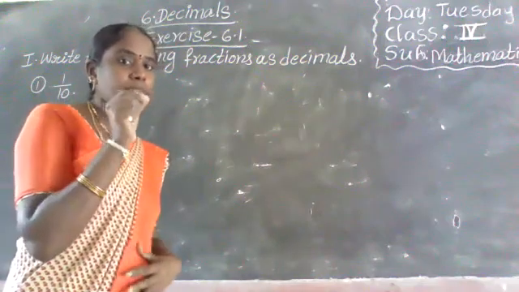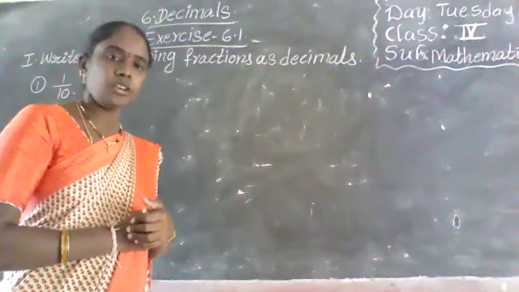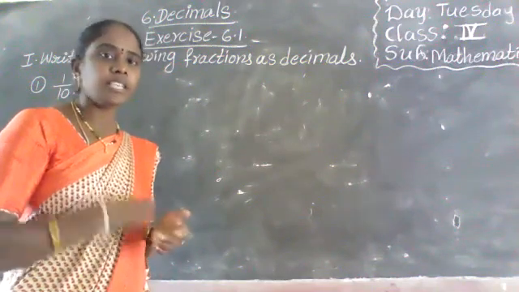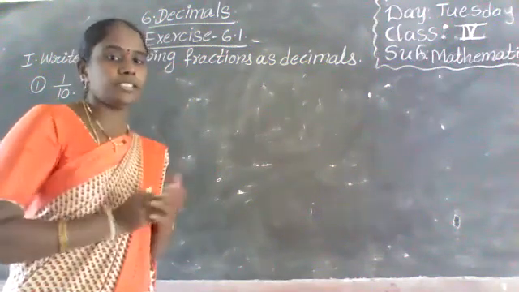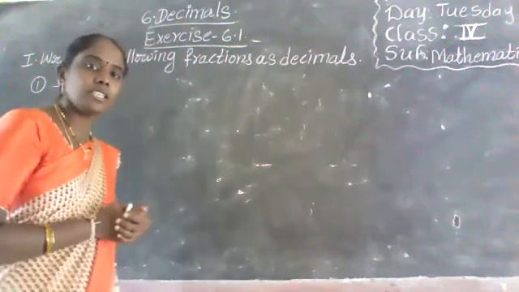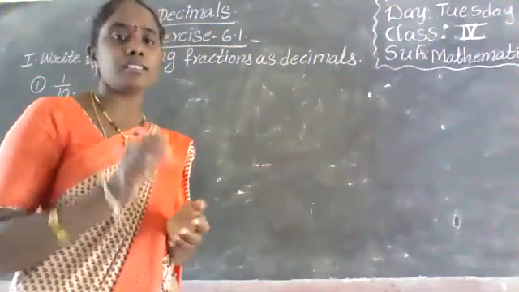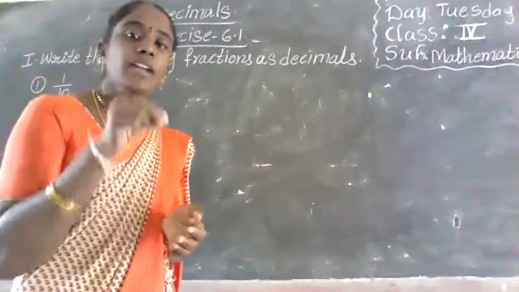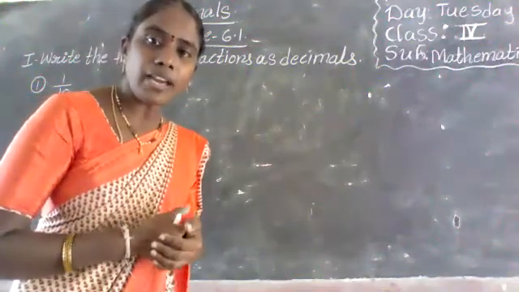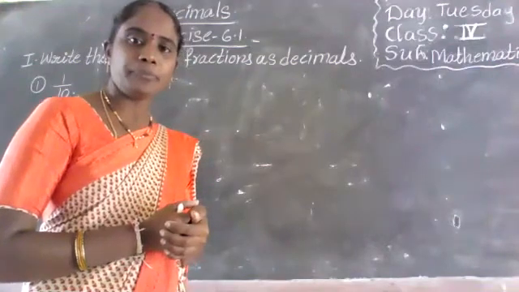Put a decimal point and say the answer. Okay, 1/10 is correct, but that is in words. We have to write it in symbols. Very good answer, but we have to write in symbolic form. Ayan,